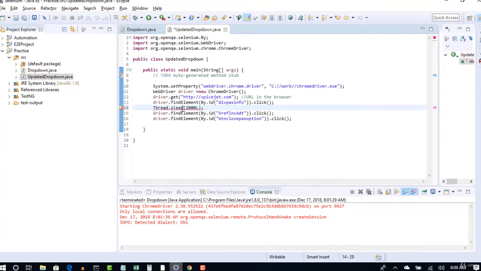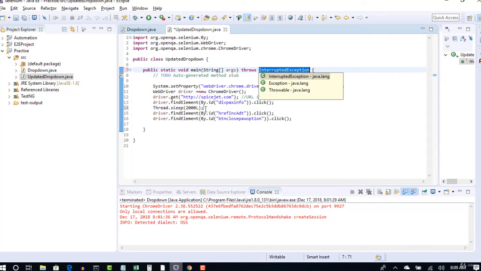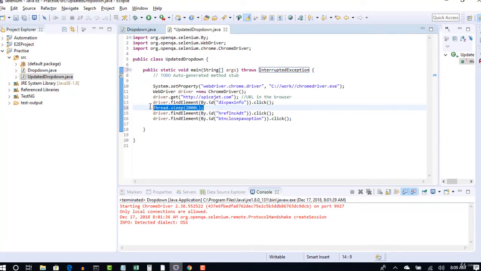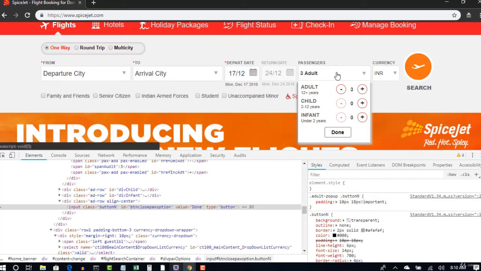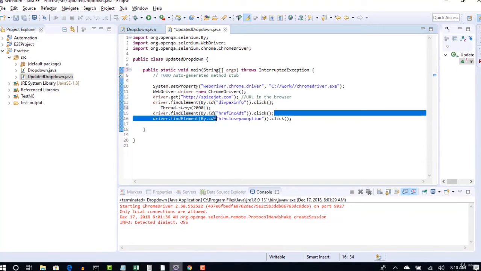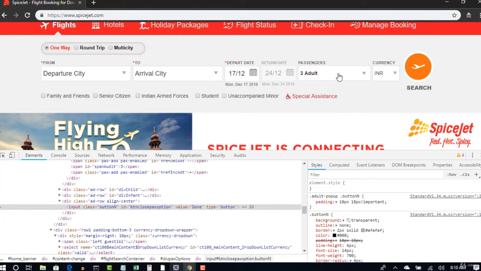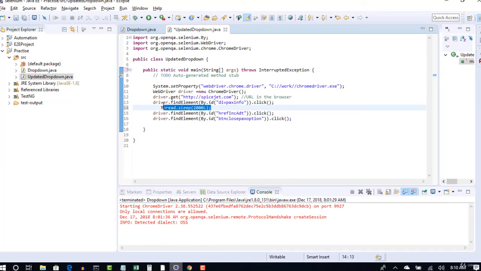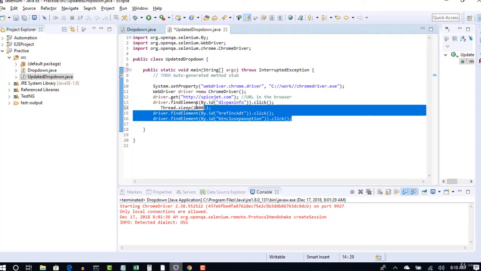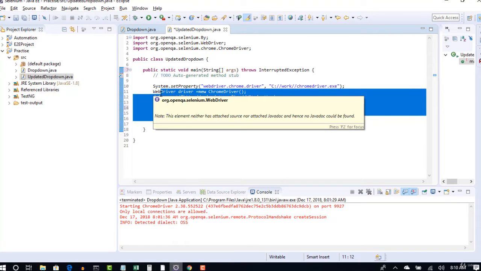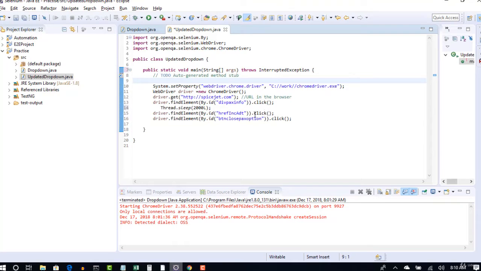But as I said, this is not the right way to handle it. In our next sections, you will learn about explicit and implicit wait. There we can get rid of the sleeps. For now, I'm just placing this because sometimes it may take a few seconds to open this window. And meanwhile, Selenium will be in a hurry to search for this plus icon and it's still not opened in that one particular second. So if you hold your script for 2 seconds, then it will be very good and you will not have any wait synchronization failures for your test.